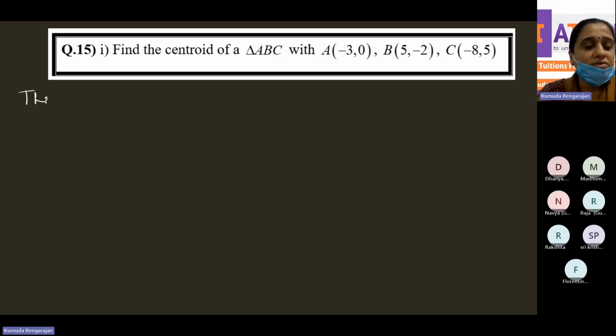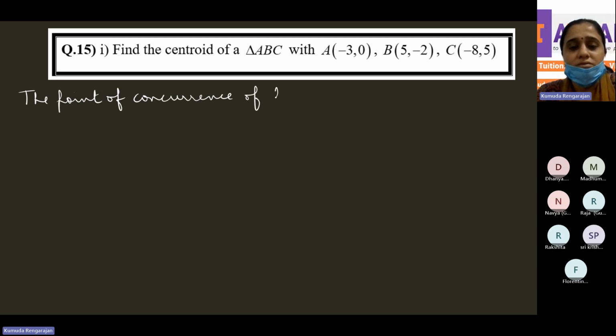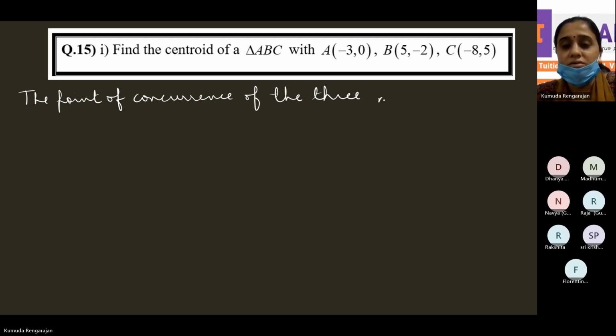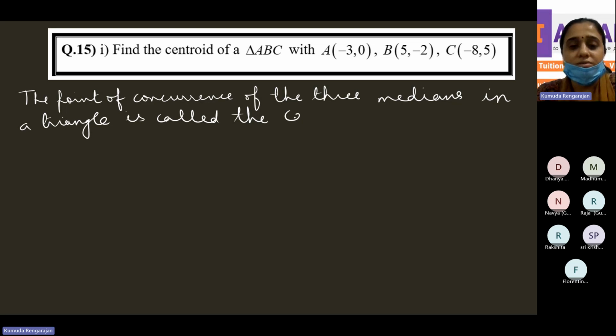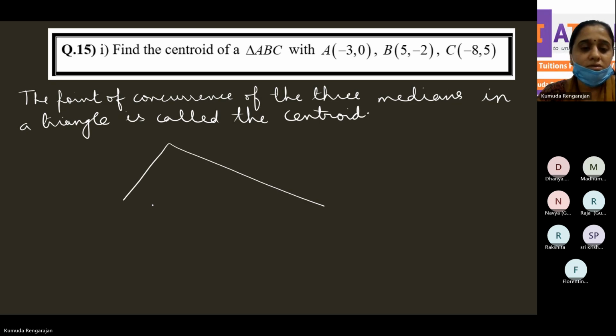The point of concurrence of the 3 medians in a triangle is called the centroid. So, triangle ABC,